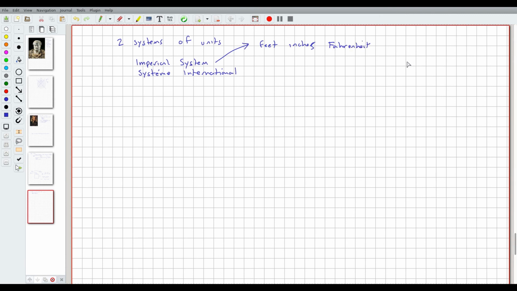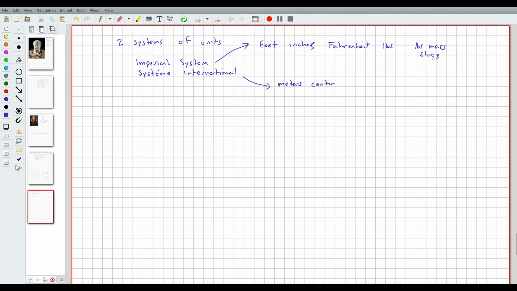We measure how much things weigh in pounds. We measure the mass of something in pounds mass, maybe in slugs. So these types of things right here fall under the guise of the imperial system when it comes to units. Now, in the international system, you have things like meters,